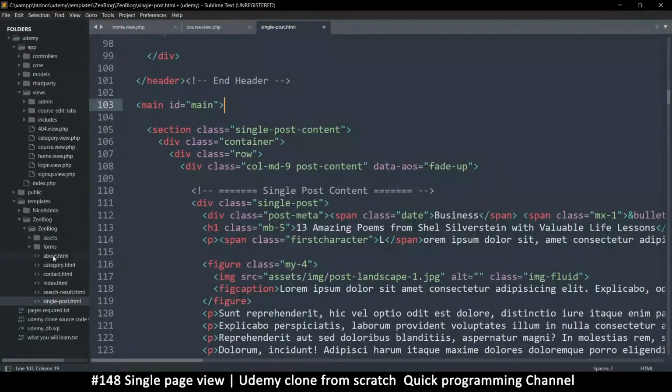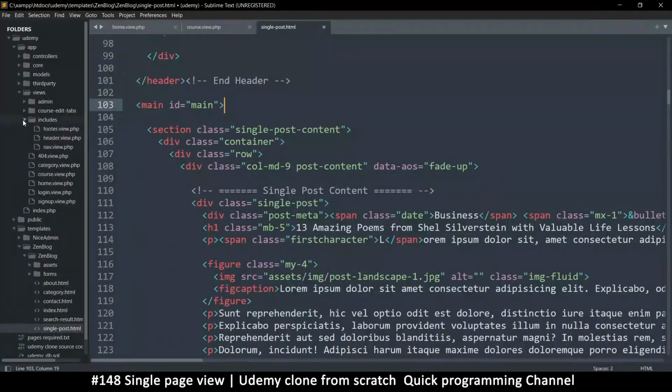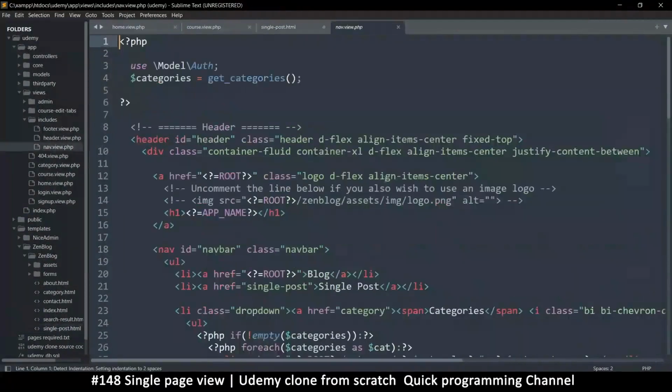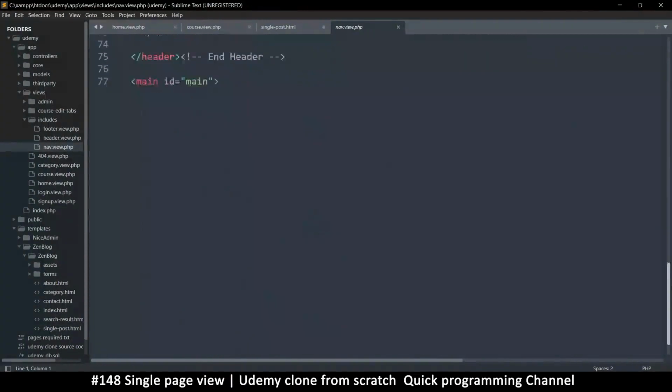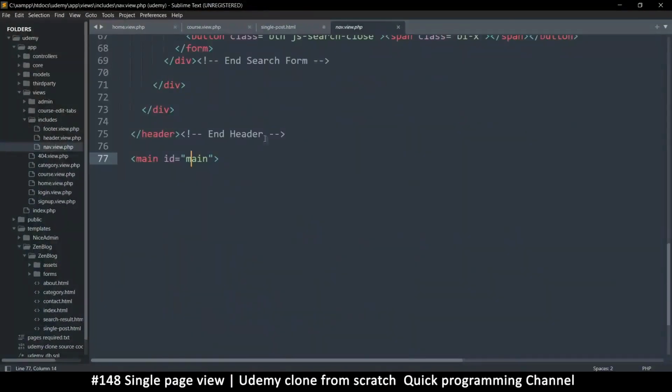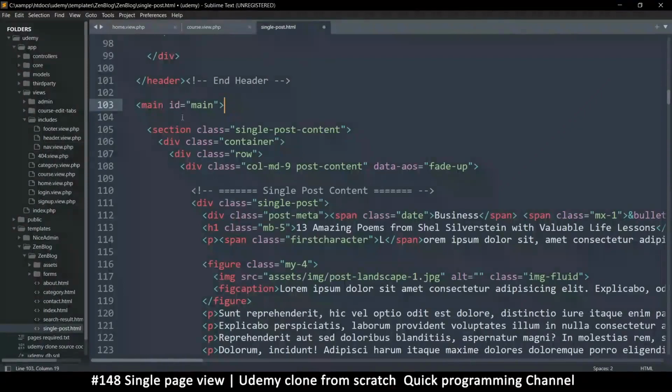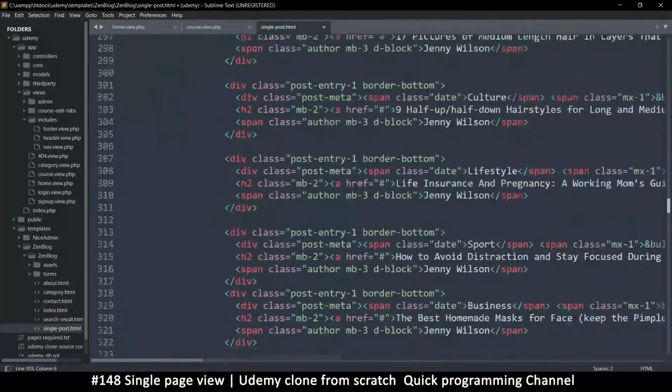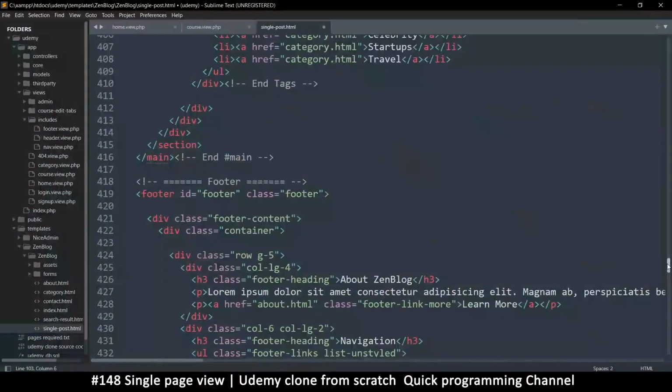Let me go to the header. Where is this? This includes navigation actually. Let's go over here. Let's see, nav. Okay, so it starts with the main part here, so I'm correct. So we should start just after the main section. So I'm going to check where the main section ends, and that's at